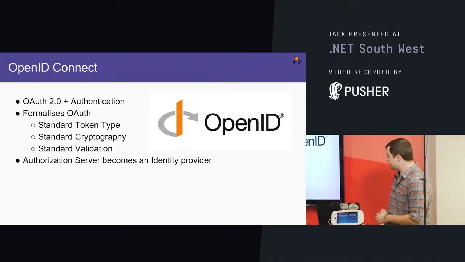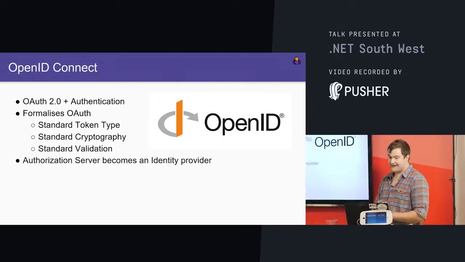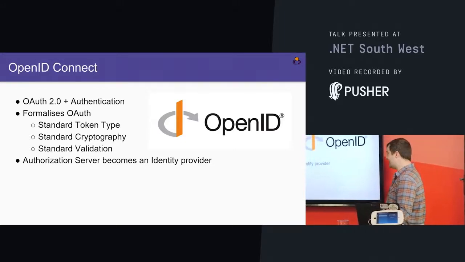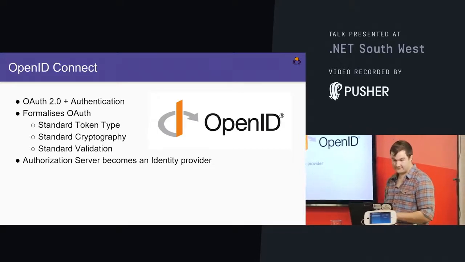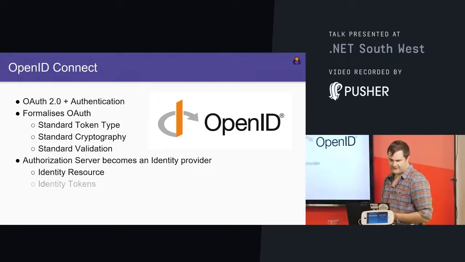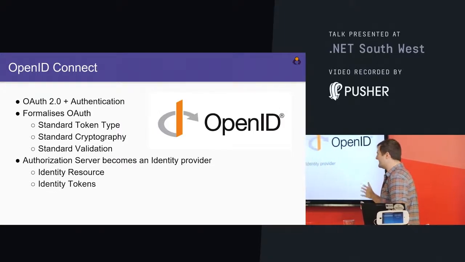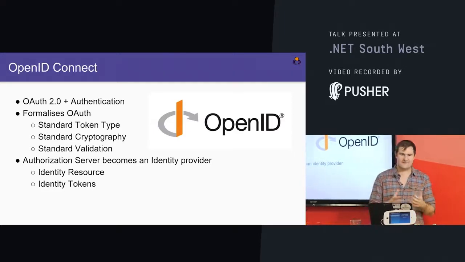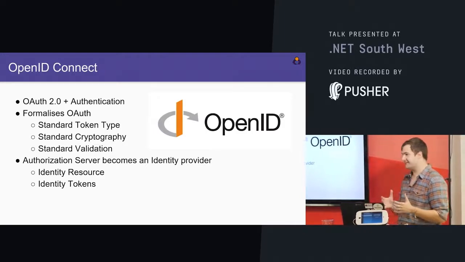The authorization server becomes an identity provider. Yeah, so it provides both access to some random HTTP API, but it also provides data about the authentication event and about the user themselves. So that's in the form of what's called an identity resource. Yeah. So it's kind of like a whole other API where we get permission to access things like their profile